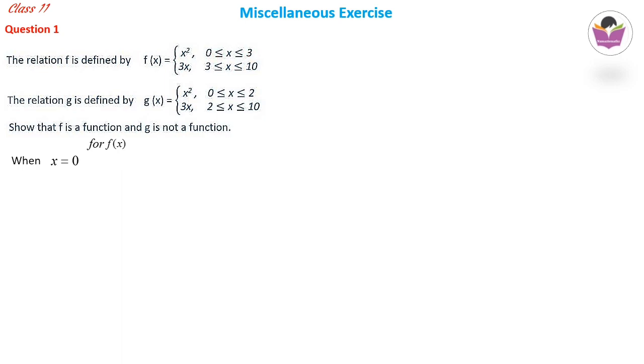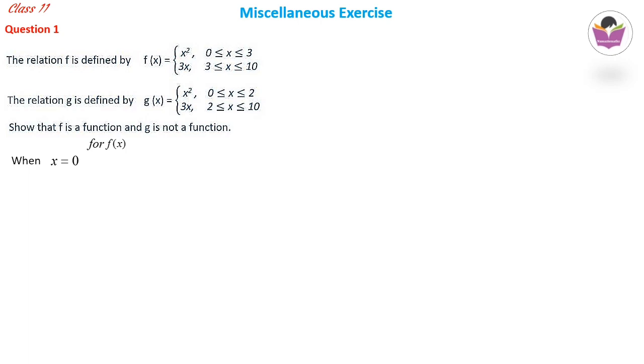Both are included, because here both portions have the equal to symbol. Next, it is 3 less than or equal to x less than or equal to 10, which means from here also 3 to 10 we can take. Altogether, 0 to 10, both inclusive, 0 and 10. That is the input values. When you check, 3 is coming in both places. For x square we can give 3, and for 3x also we can give 3 as input. So let's check whether it is a function or not.